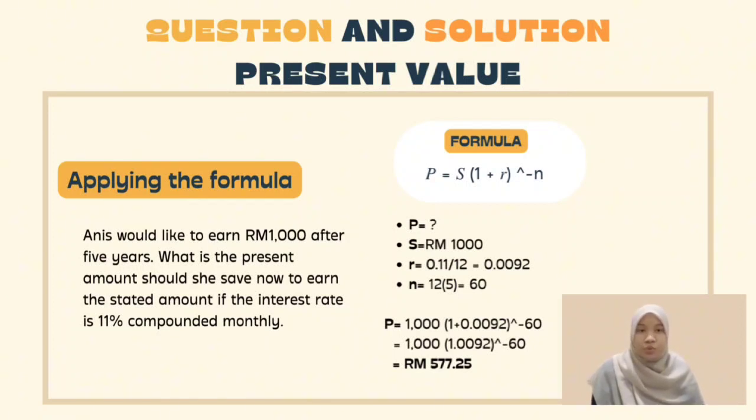So for P we find, S is RM 1000, R is 0.11 divided by 12 because compounded monthly, so we get 0.0092, and 12 multiplied by 5, so we get 60. So P equal to 1000 bracket 1 plus 0.0092 power negative 60 equal to 1000 bracket 1.0092 power negative 60. So the answer equal to RM